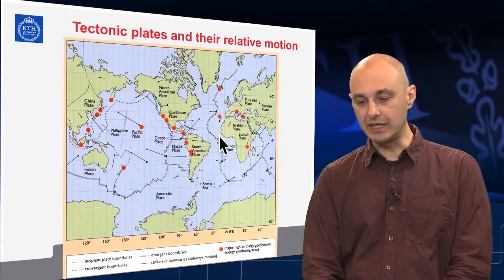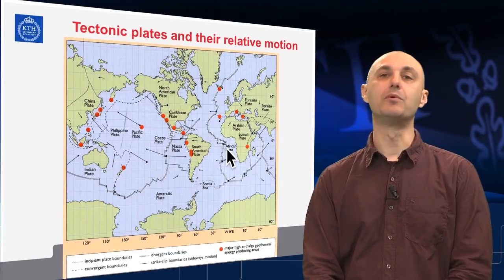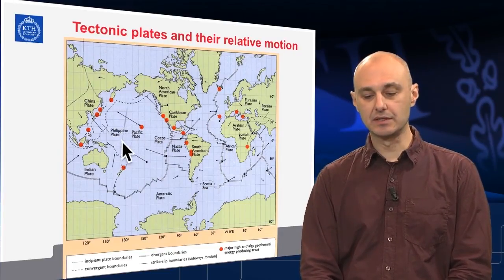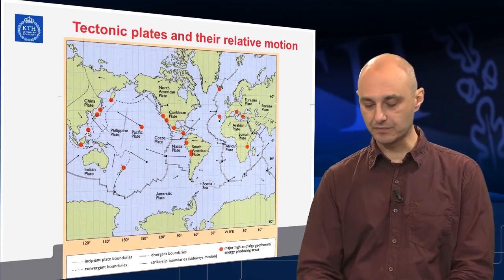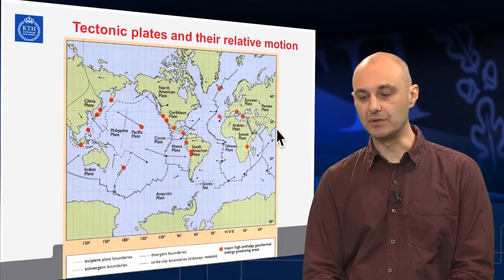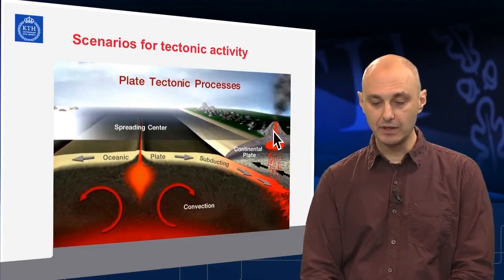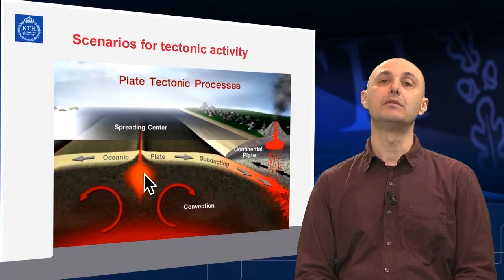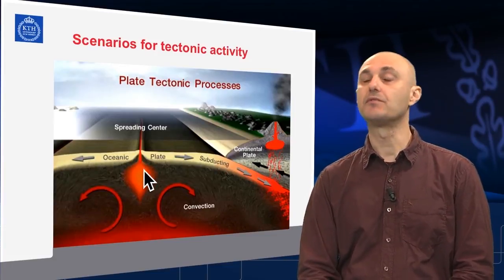The most dramatic scenes, again, are the fact that the American continent and the African plate are pulling apart. At the same time, in other places, certain plates are pushing down under others, or definitely towards others. For example, the Indian subcontinent forcing itself towards Asia and creating the Himalaya mountains. A spreading center, or a place where two plates are pulling apart, would be the typical ridge, for example, the